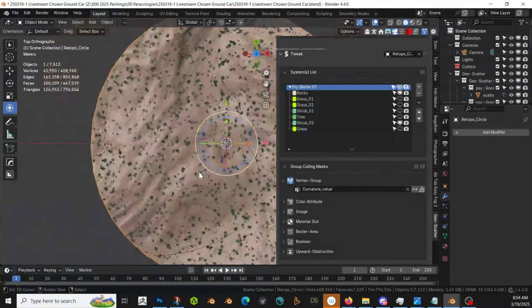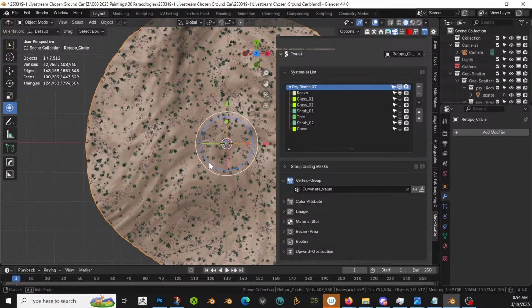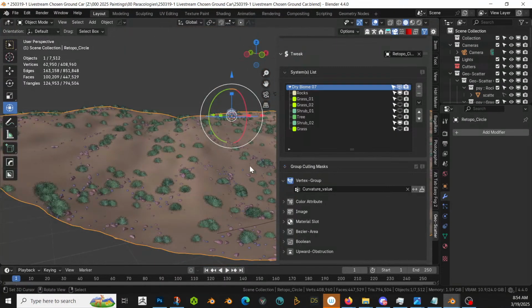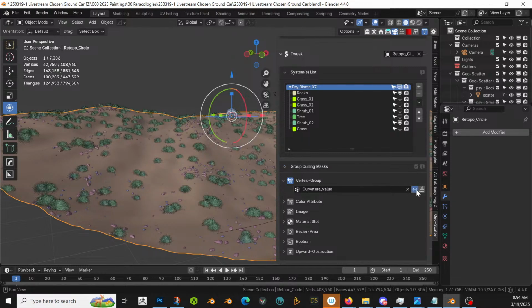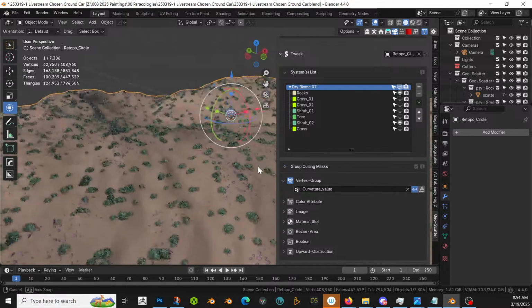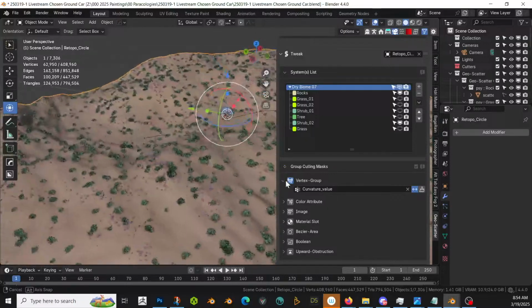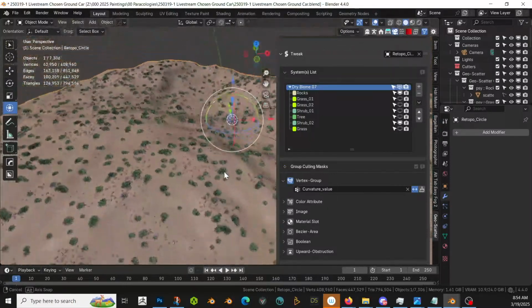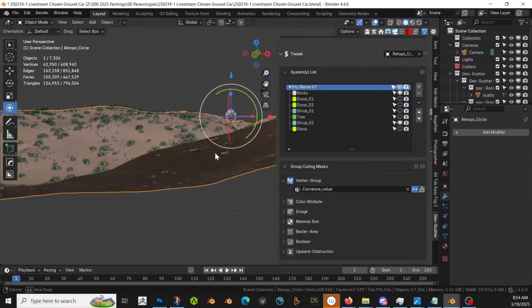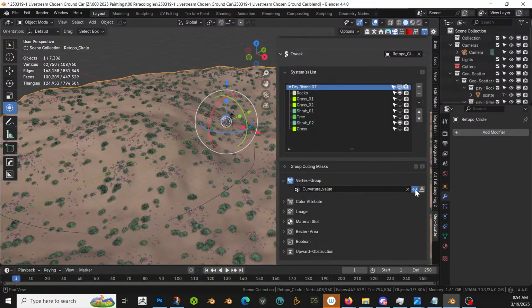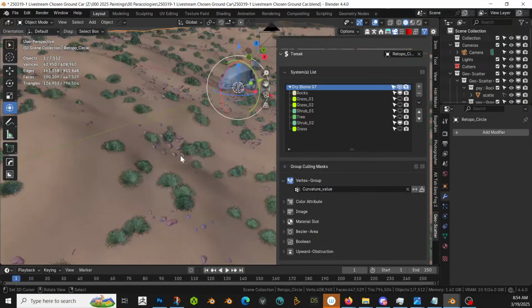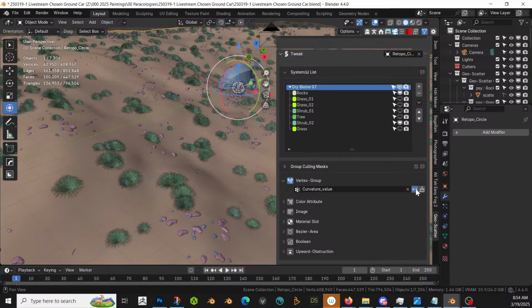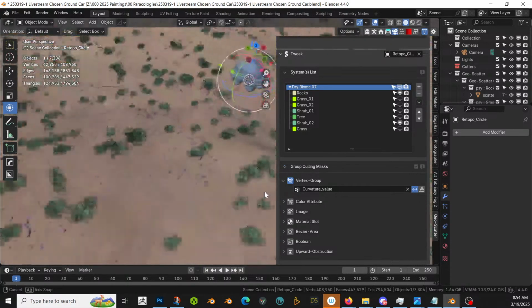I think I'm going to weight paint. I kind of like how it's doing that. See, okay, so that is going onto the flat parts more, right? Yeah. And then that is going more onto the curved parts. Yeah, so let's go more into the flat parts. It's not perfect, but